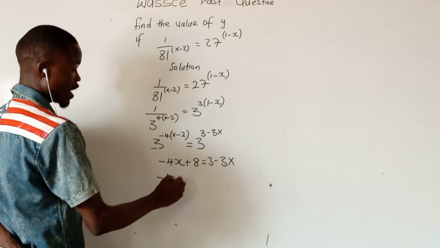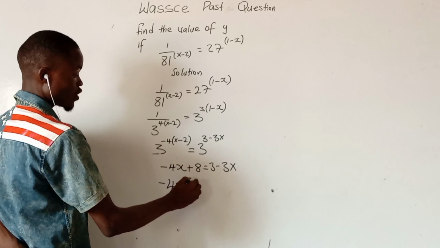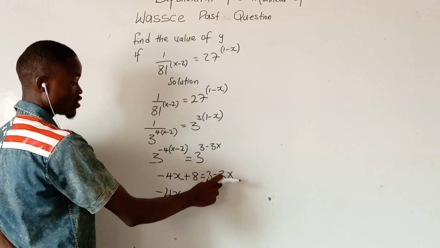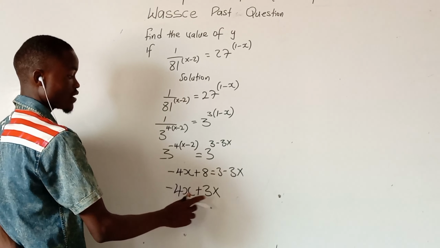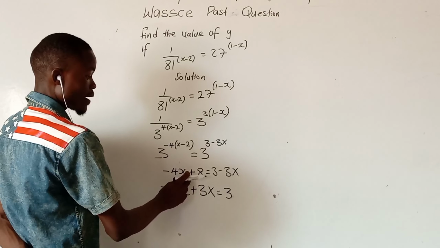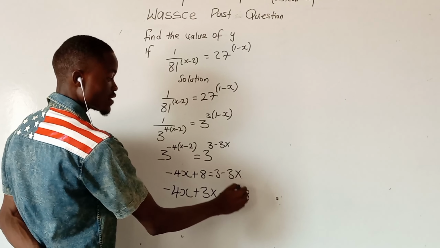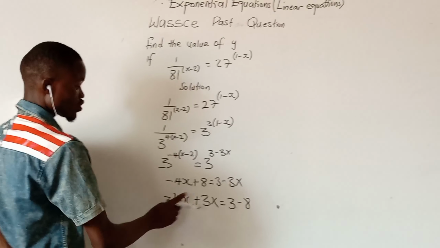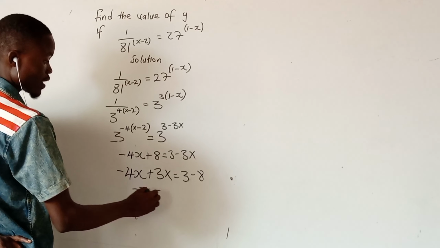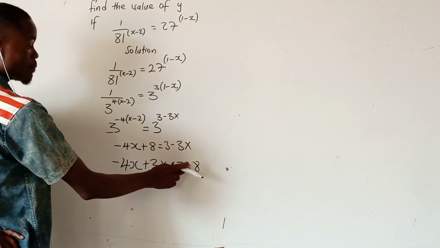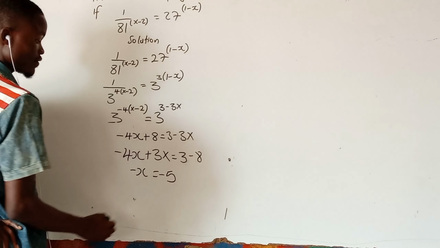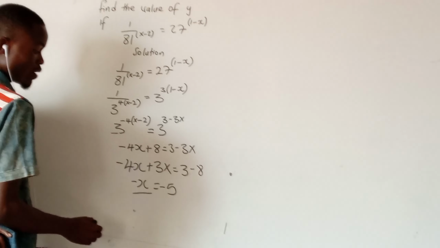So minus 4x plus 3x, the sign of this minus 3x changes to plus, equals 3 minus 8 when you transpose it. This gives us minus x, the bigger number carrying the sign. So 3 minus 8 gives us minus 5. So you divide both sides by